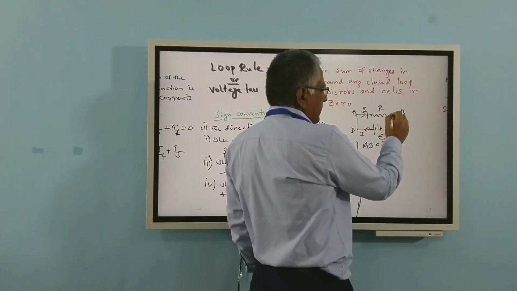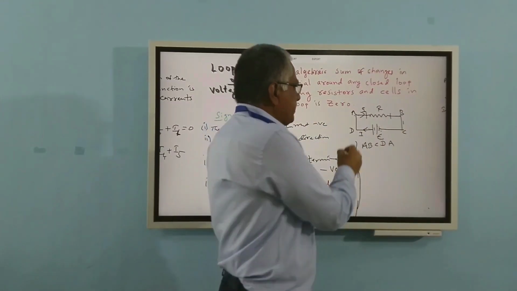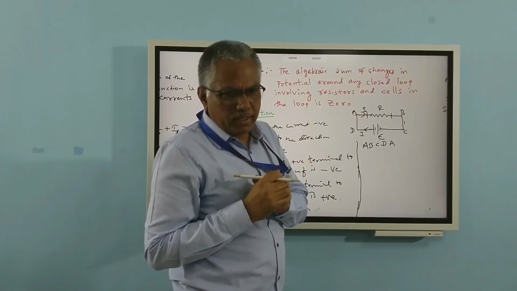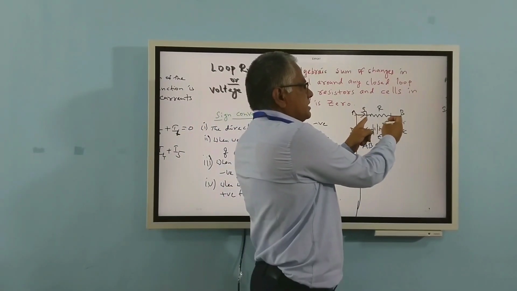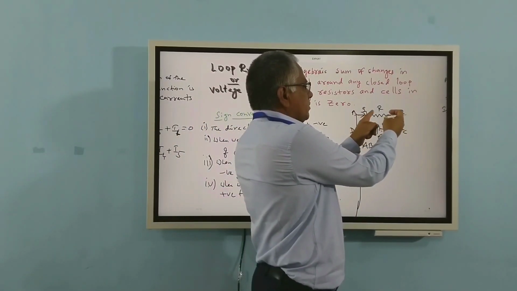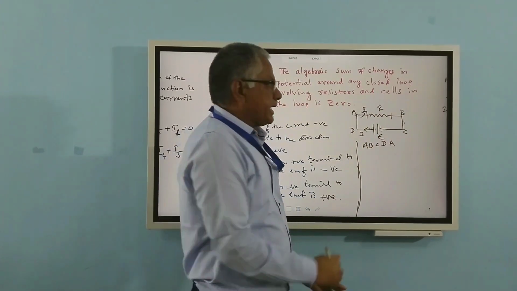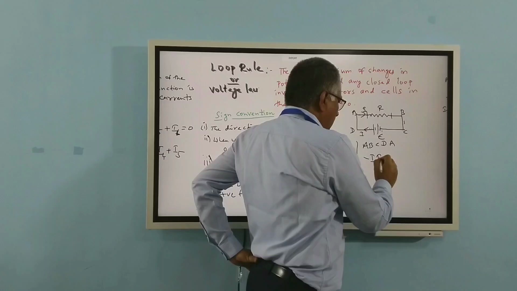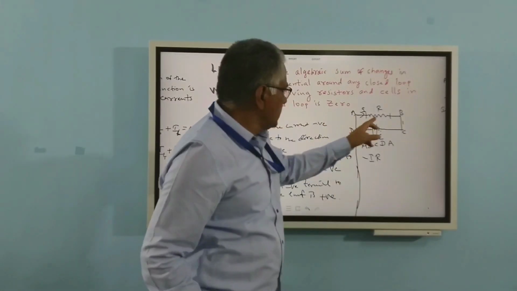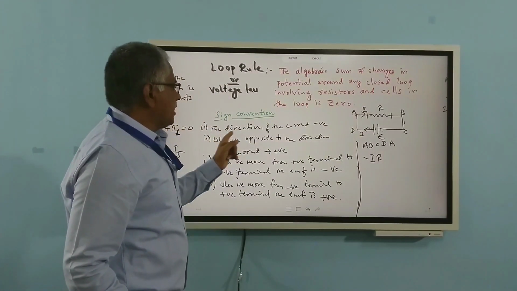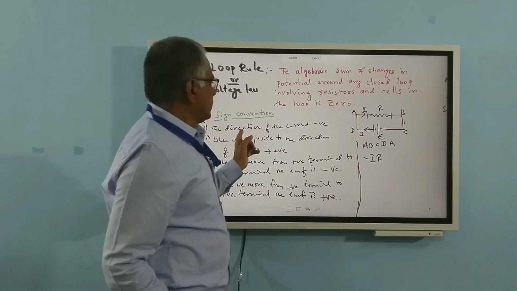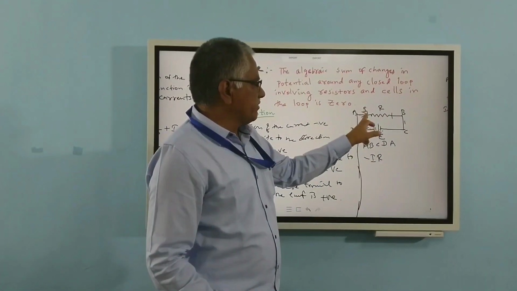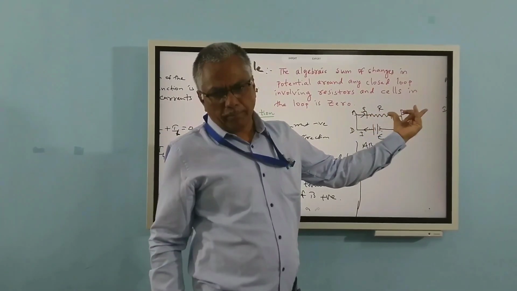Here there is a potential drop. There will not be any potential drop here. Wherever the resistance is there, only there will a potential drop be there. The potential difference across this one is V equal to I into R. I can say this is minus I into R, because we are moving along the direction of the current. When you move along the direction of the current, let us take minus. That is, potential difference V is equal to IR, Ohm's law.